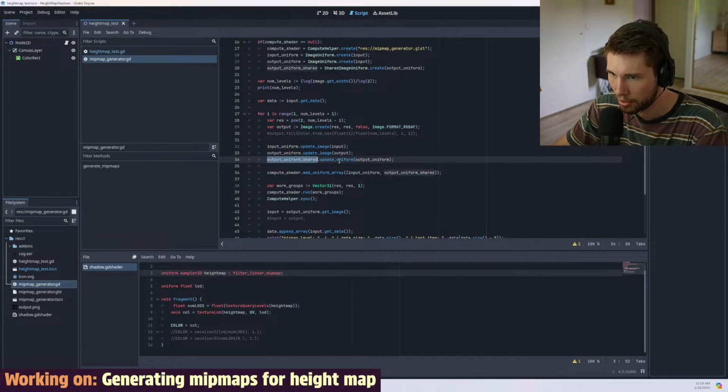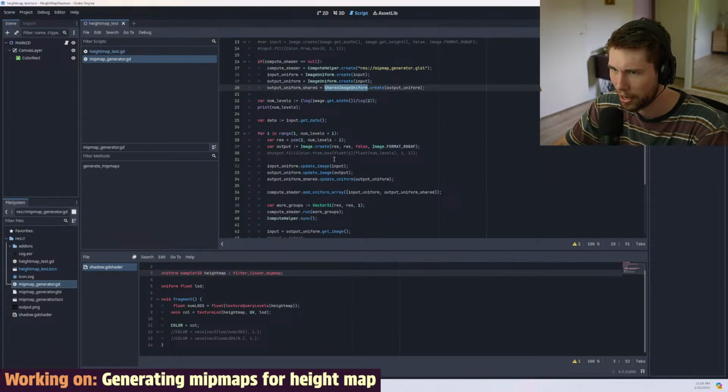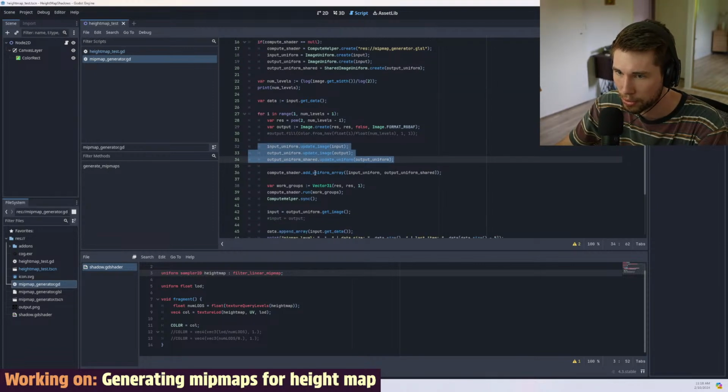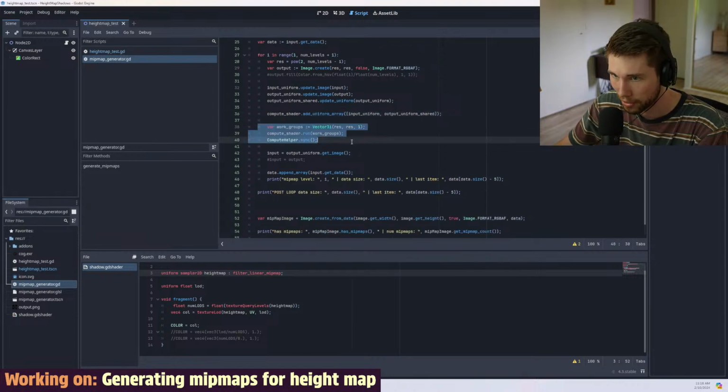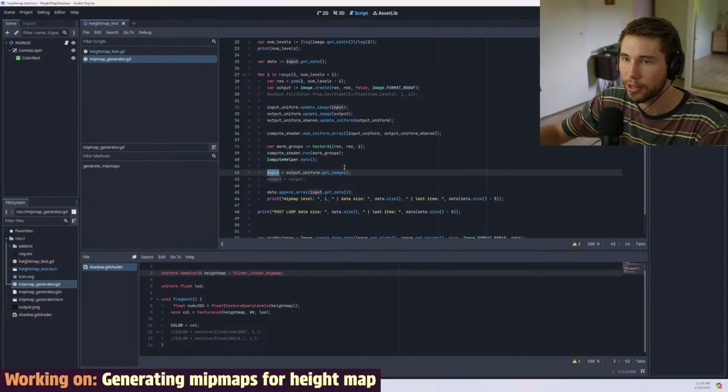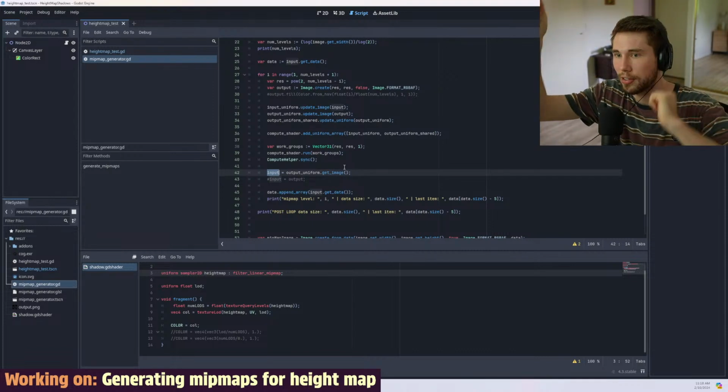create this shared, where is this? Yes, a shared image uniform. And I think that's what you need to be able to manipulate it from the compute shader and then extract it again. The compute shader stuff is very new to me, by the way, if you couldn't tell. But so essentially we're setting up some inputs and outputs into our compute shader, and we're adding them in to our compute shader, and then we're running that compute shader and getting the output image from that and storing it as the next input. So you can see we're basically chaining through these until we get to the lowest level,